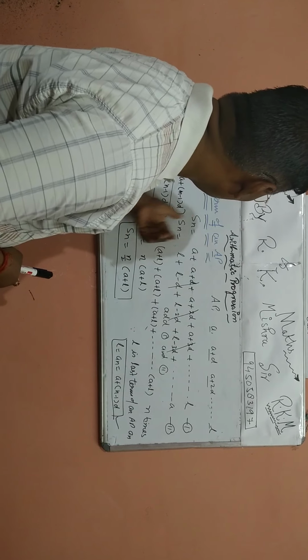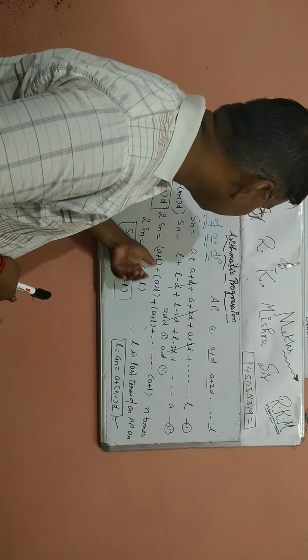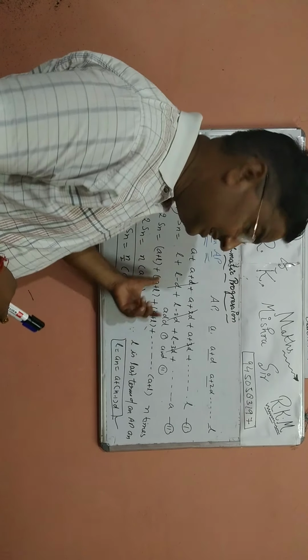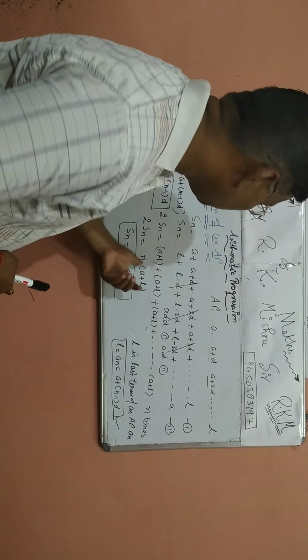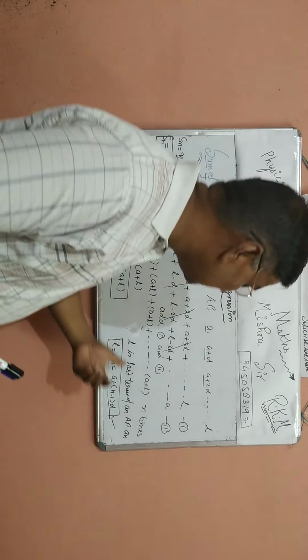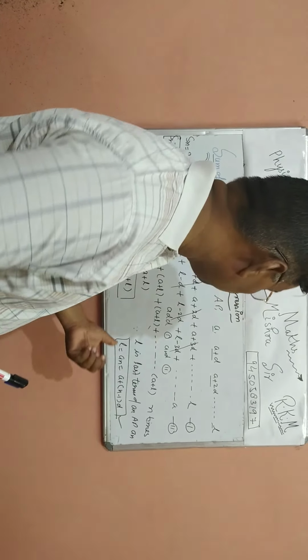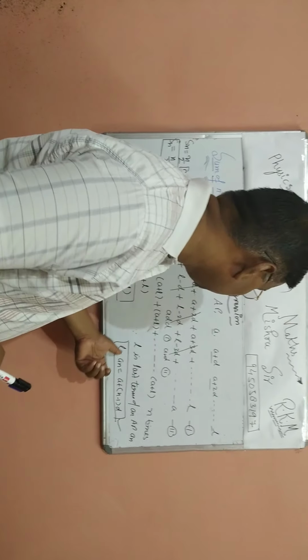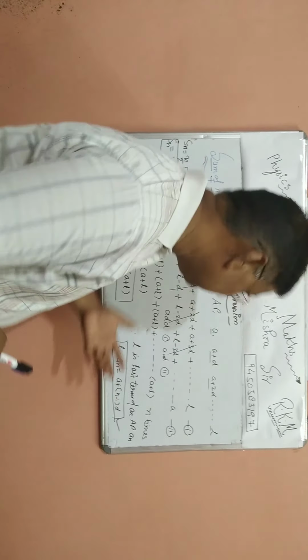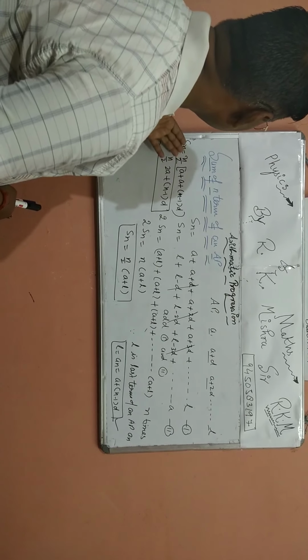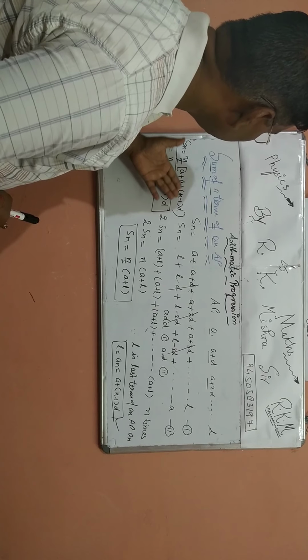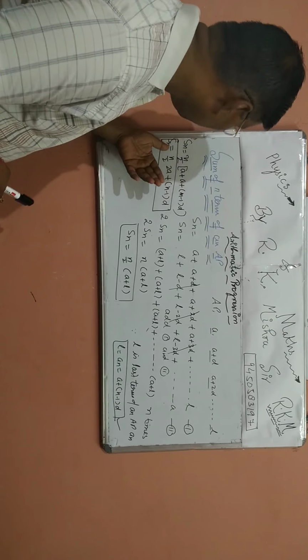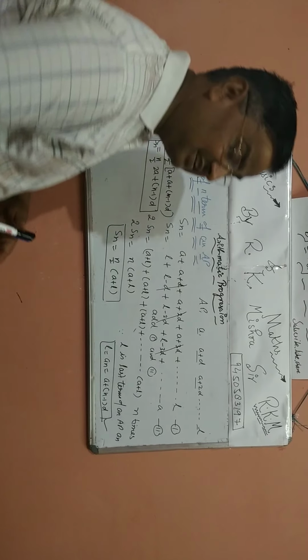So you get 2Sn equal to (a plus l) plus (a plus l) plus (a plus l) plus (a plus l). n times you have to add, so you will multiply directly by n. So 2Sn is equal to n into (a plus l), Sn is equal to n by 2 into (a plus l). l is the last term of the AP, that is known as the nth term of the AP, an. So l is equal to an, which is equal to a plus (n minus 1) into d. Put the value here. Sn is equal to n by 2 into (a plus (a plus (n minus 1) into d)). You will get the next formula: Sn is equal to n by 2 into (2a plus (n minus 1) into d).